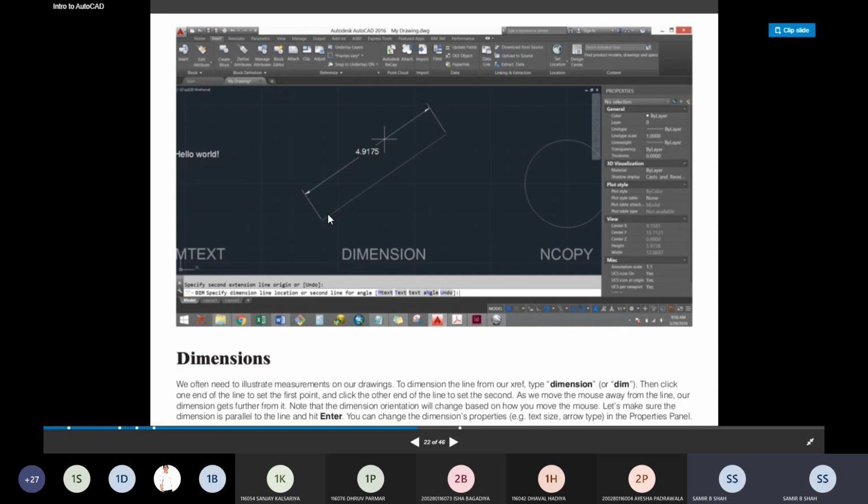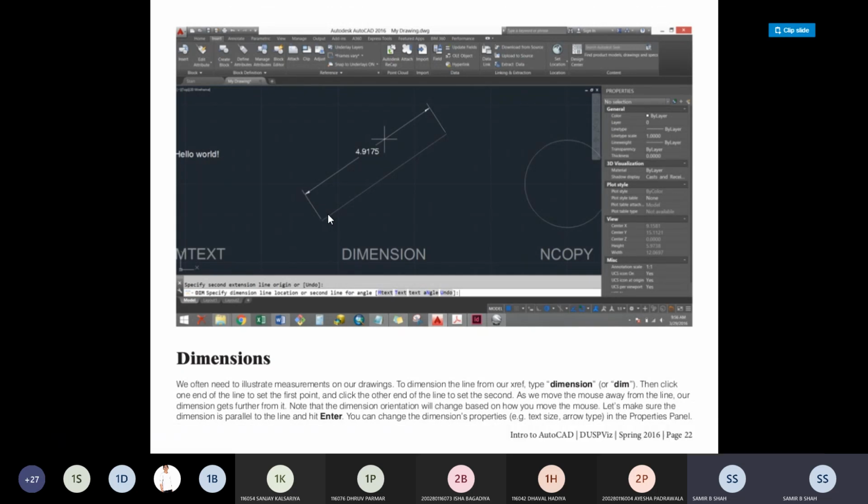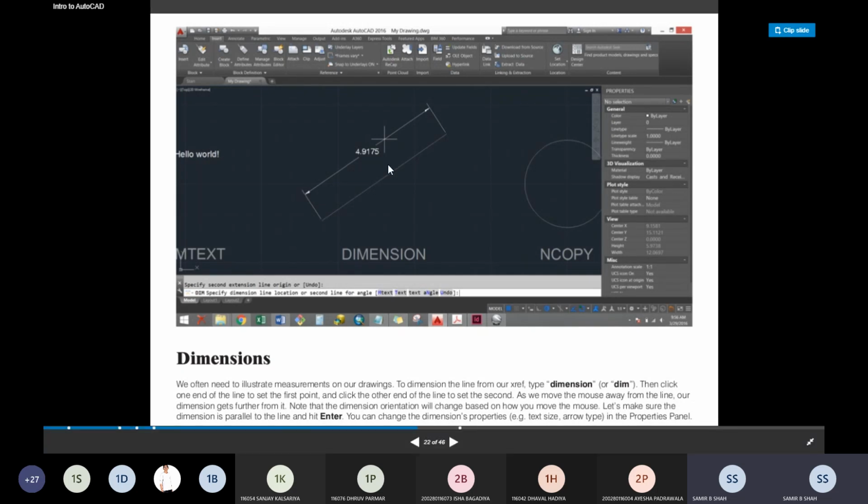The dimension orientation will change based on how we move the mouse. Okay, you can check that when you are actually on the AutoCAD screen. Check that the dimension must be parallel to the line.